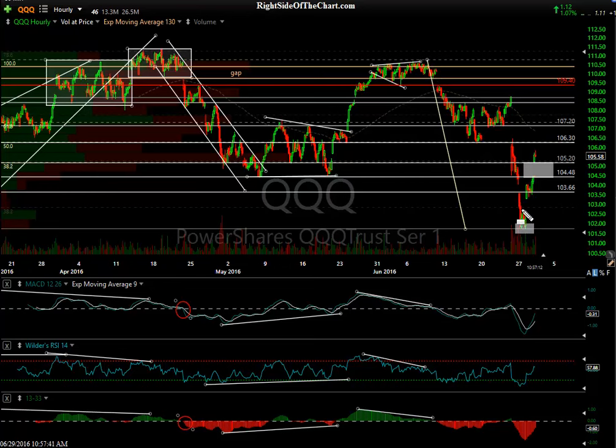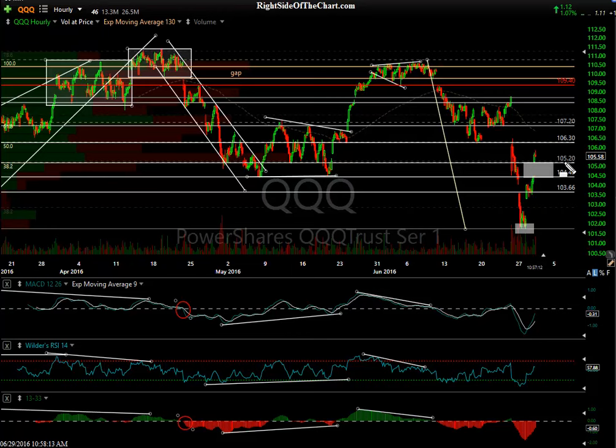And this is nothing so far, in my opinion, my read on the charts, nothing but an oversold bounce, and it was unexpected. That's why I lightened up some short exposure, started adding back yesterday at the bottom of this range. We gapped above it, so as my plan was, if you watched the video yesterday, I'm not adding yet. I will add if we come back down. My expectation is that we fail, that this breakout fails. So if and when we move back below 105.20, as well as the levels that I'm about to talk about